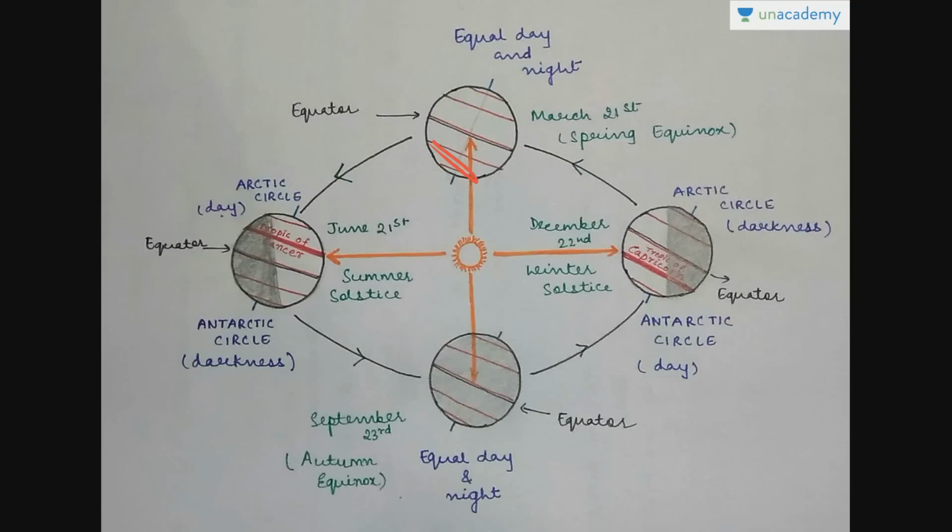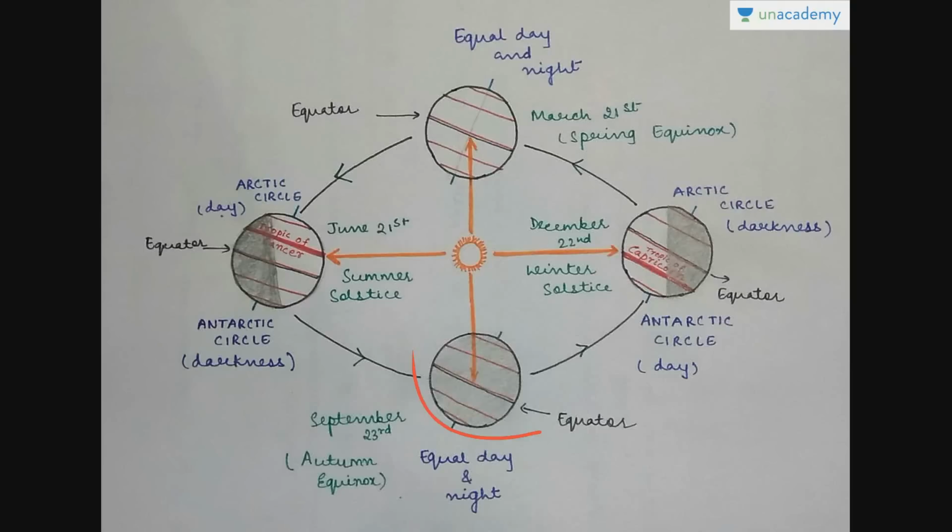Similarly, the southern hemisphere, this half is having day here and the other half on the other side, which is not visible, is having night. Here also we can see this night portion of the northern hemisphere. Half of the northern hemisphere is also receiving the sunlight, which is not shown in the figure because it is not a 3D image. And similarly, half of the southern hemisphere is here, it is dark, and the other half, which is beyond, if you see it from the inside, is receiving the sunlight.